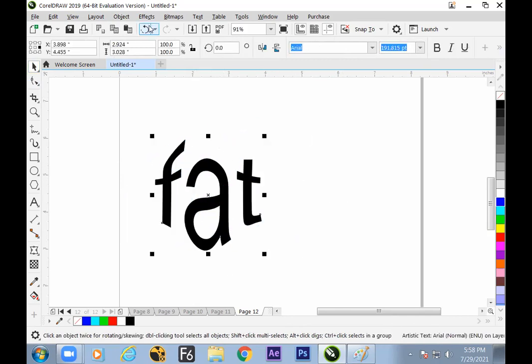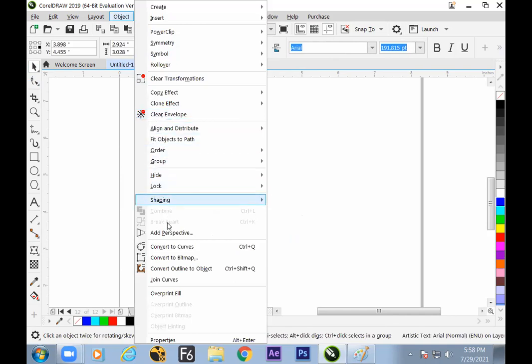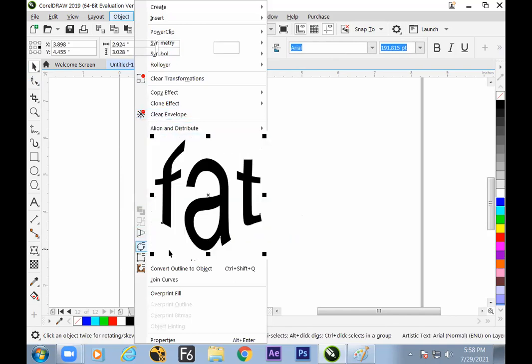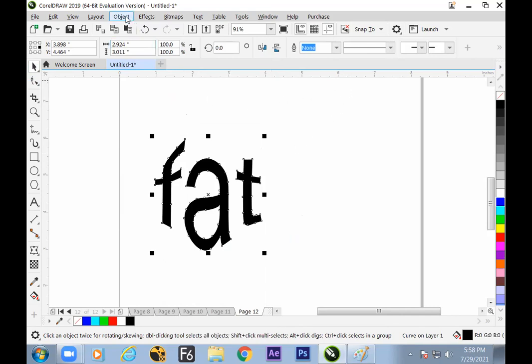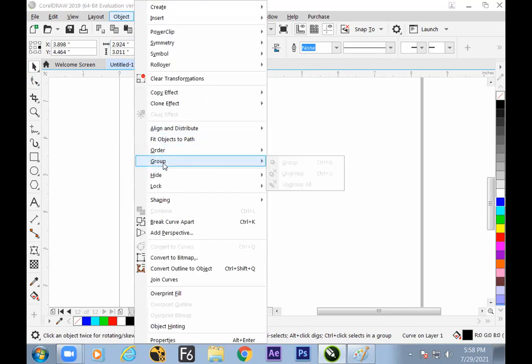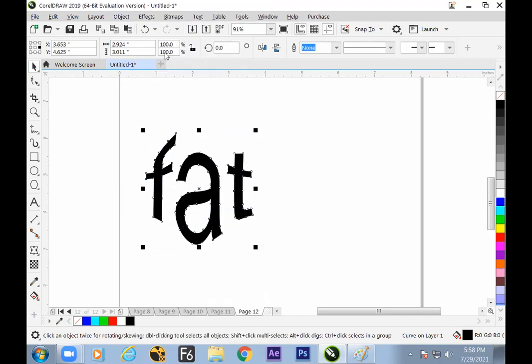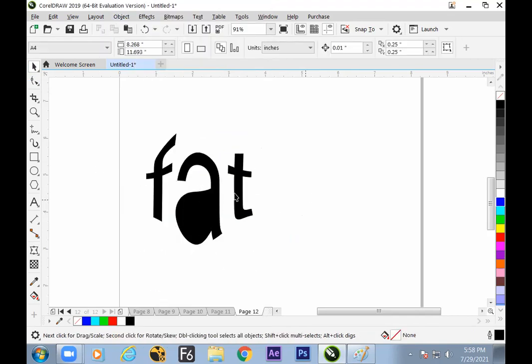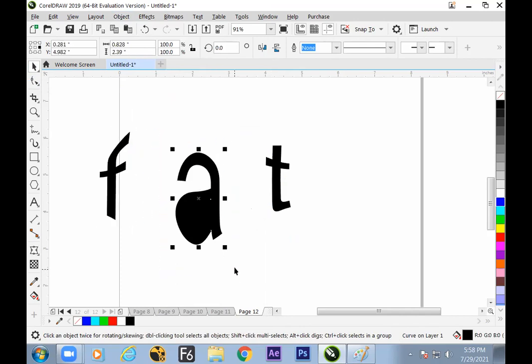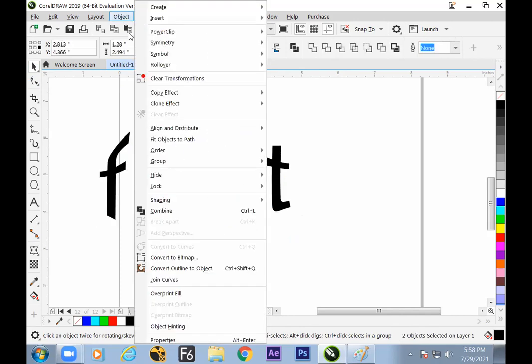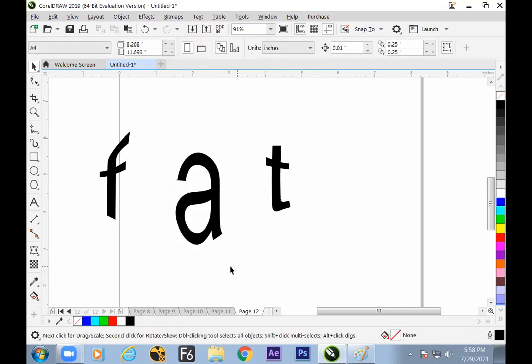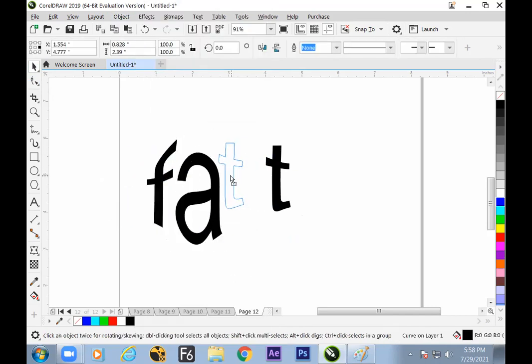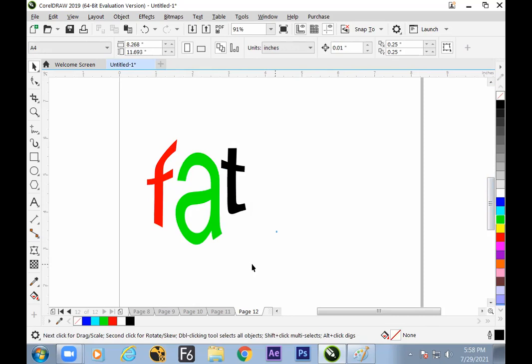Yes. Then after we have all the breaking concepts, convert to curves allows us to get it separate, and ungroup. Grouping is there, so here we can switch to break apart and ungroup it. And it could be separate, and this can again be turned into combine. So hope we have understood now how logo designing can be done very easily. Distort it, change the color, make the design. Is it clear?